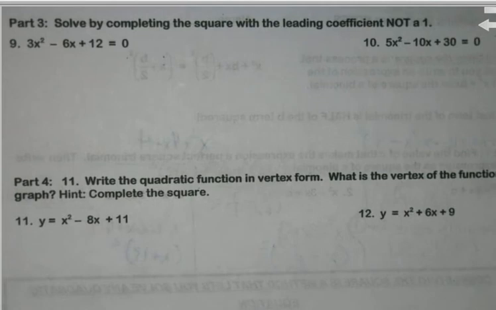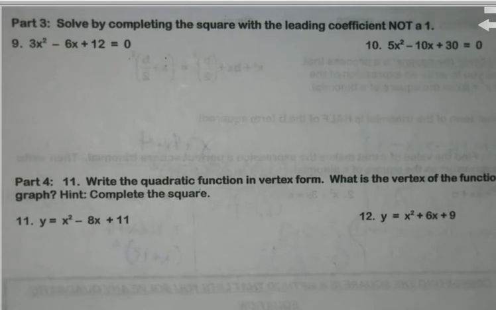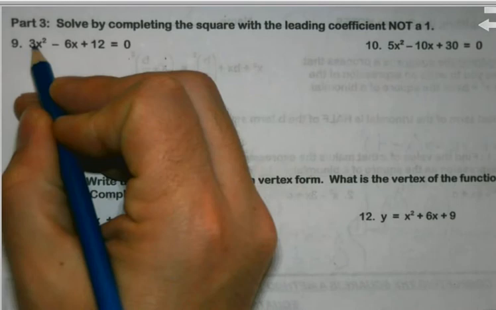Part 2 of dealing with completing the square. All the ones that we did last time all just had x squared. There was never a number in front. If there is a number in front, if there's a coefficient in front of your x squared term, we have to deal with that. So for instance, if we're doing number 9, to get rid of that 3 in front